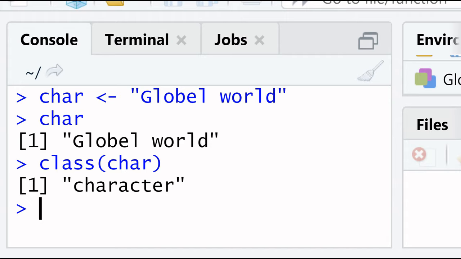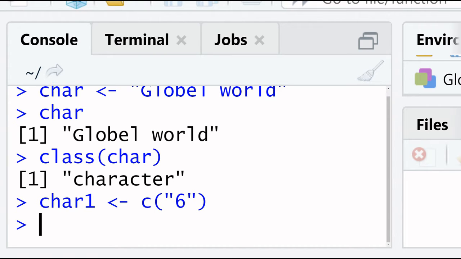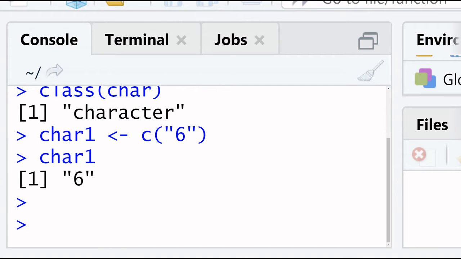Now I take another example. Assume another variable. Here is a vector, inverted commas, here I store 6 in inverted commas, and now we check the class.